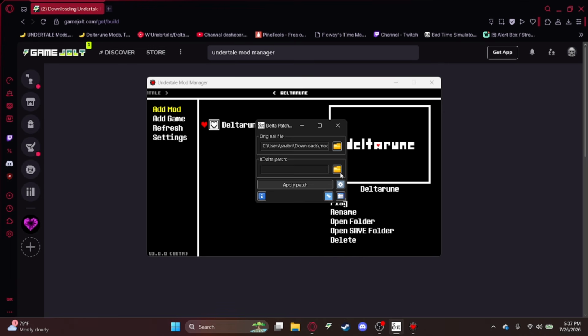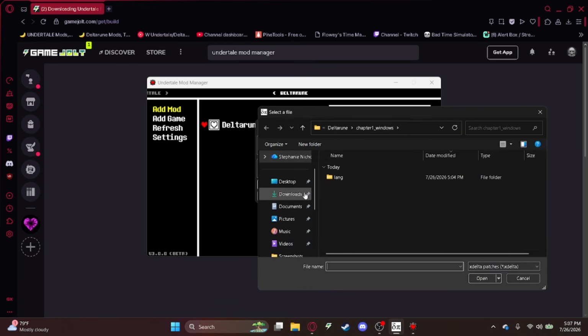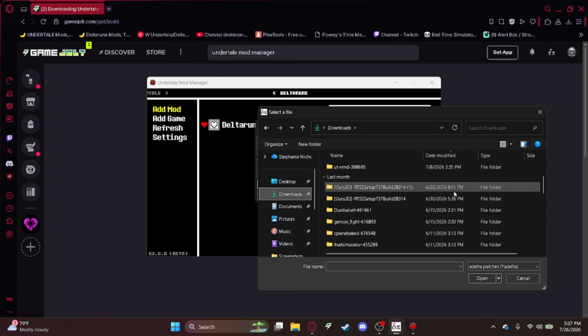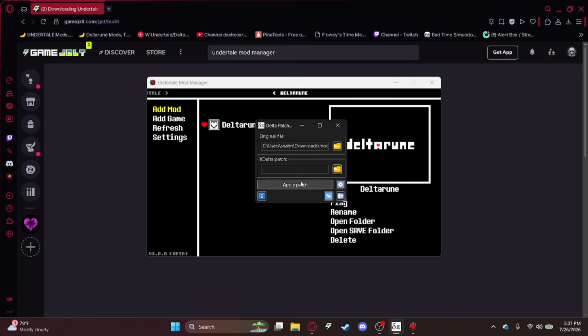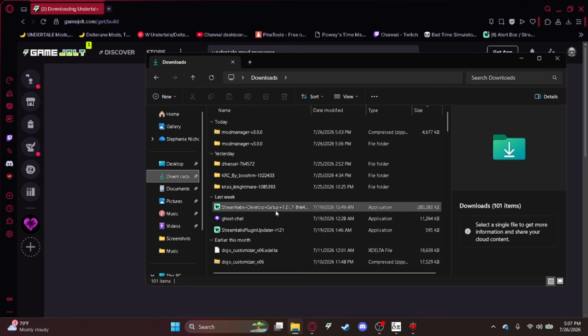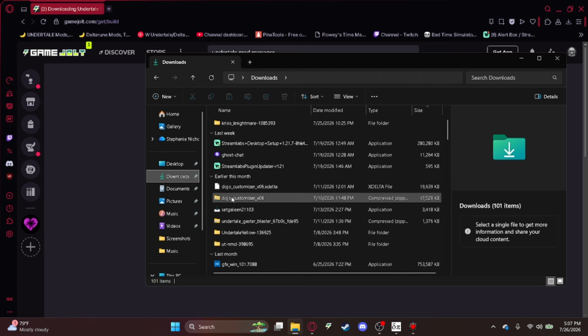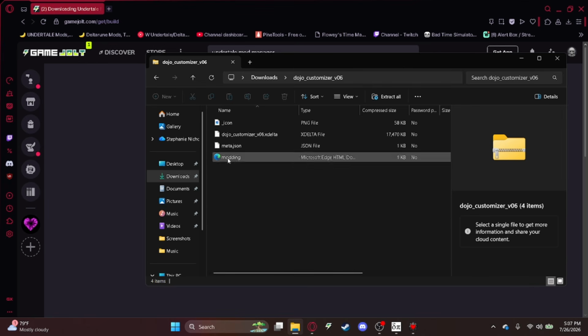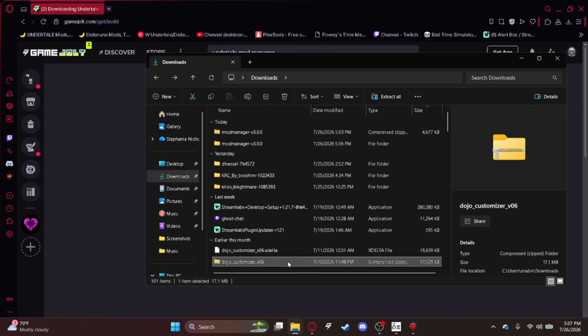And then for the mod, it's a little bit more confusing. What I want to do before you open that little folder button is go to your file explorer and to your mod folder. The one I'm going to be using is Dojo Customizer. It's zipped normally, so you can just right click,